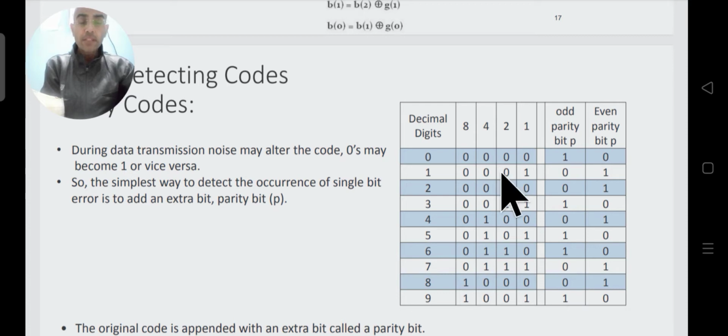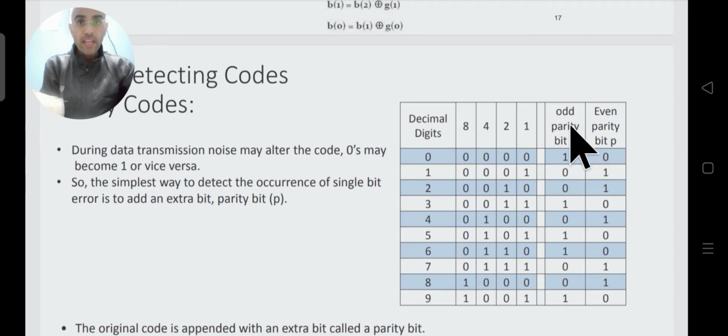To confirm it, we add an extra bit at the transmitter end itself, so that at the receiver end the number of ones in the code word can be checked. The receiver should first of all know which type of parity is transmitted.